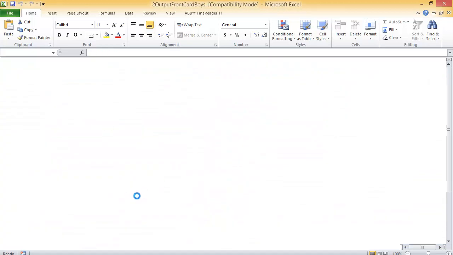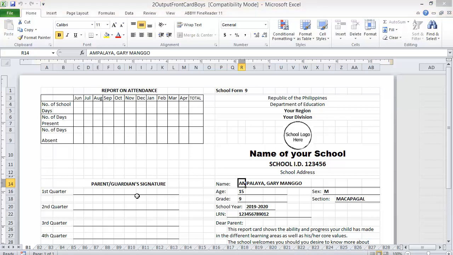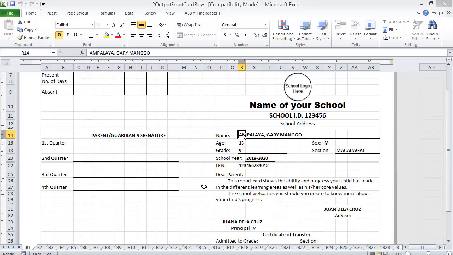There, so we are now generating all the data that we had copy pasted. So with one click, all your front of report cards for boys is done. Now in a single click, you have created your cards for boy students. So as you can see, for B1, you have here the first student, the age, the grade, the sex, section, the LRN. And when you click here B2,